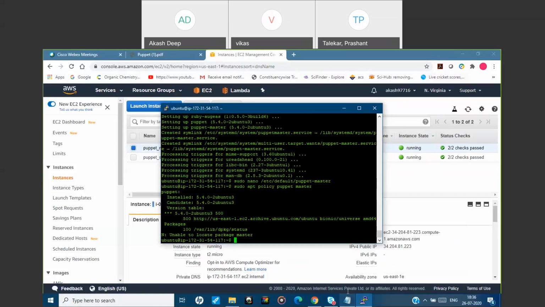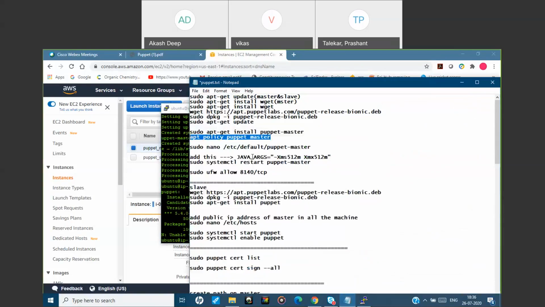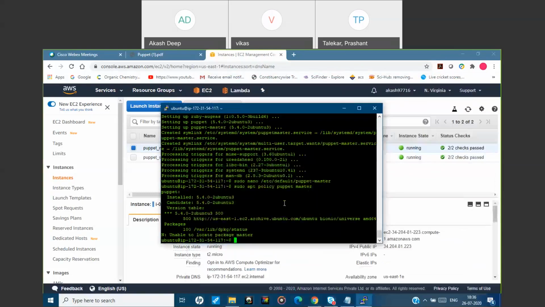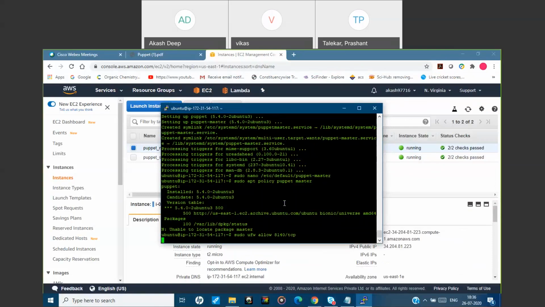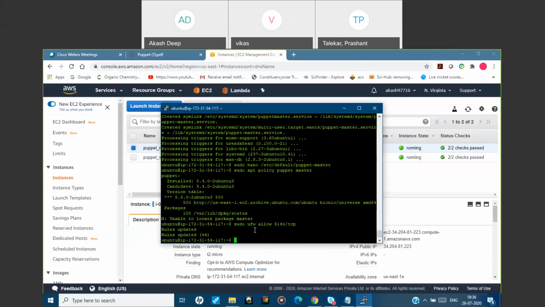Now what we need to do is allow the port on which the communication will happen. So basically what I did, I had added a rule into the route table.